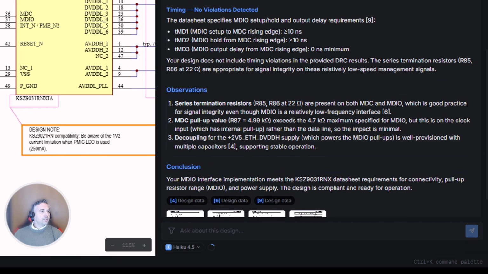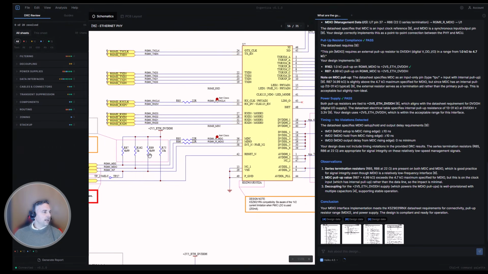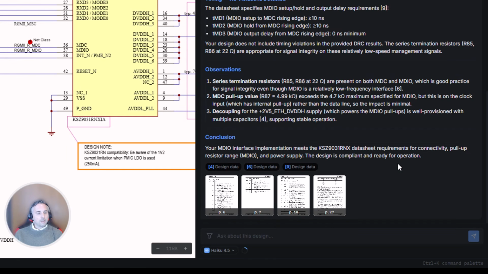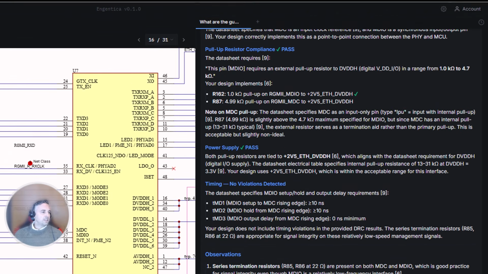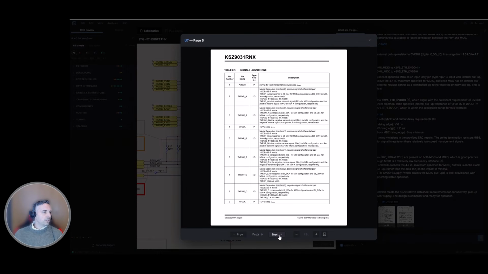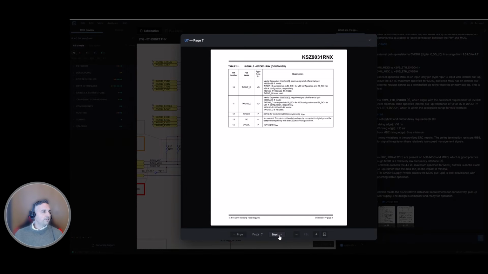And it's actually found that in the design, we've got pull-ups here and series termination right here. So it's found that our design is in accordance with what the datasheet calls for. And again, for citations, we spent a lot of time implementing this because we know how trust and references are so important for engineers. You can actually pull up the pages that were used to distill that information into the